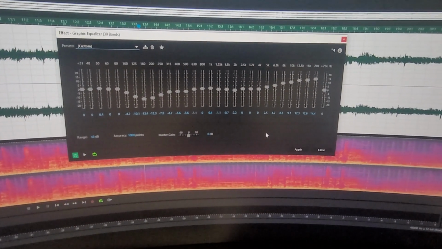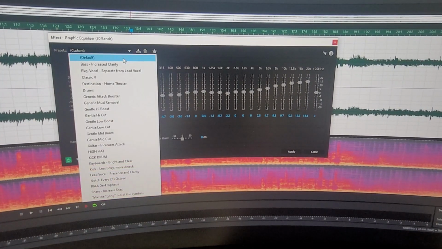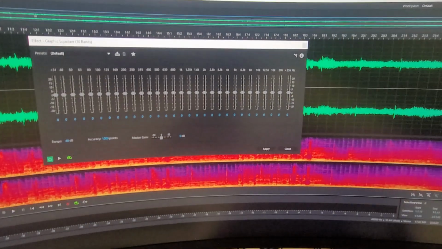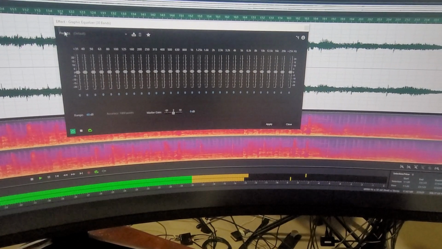Okay, now this is where you start messing around with things and getting to the point where you get it accurate. So I'm going to zero this out for the most part, and we'll start playing with it from here. So let me listen to the track right now. Let's highlight that. And as it's playing, you're going to be,